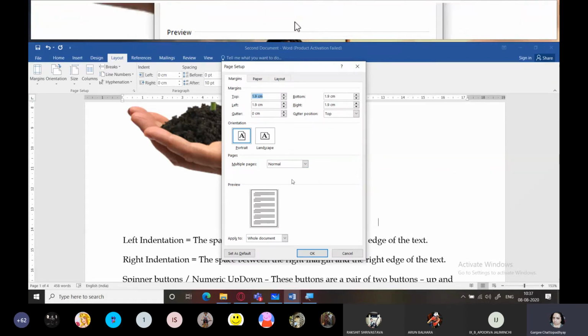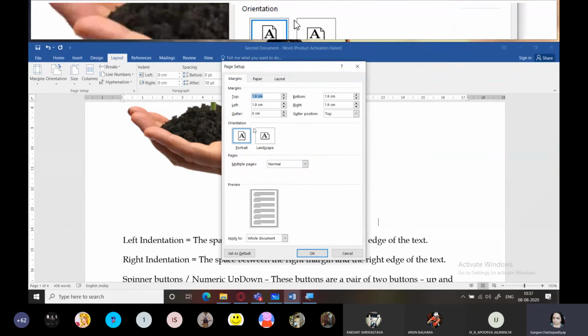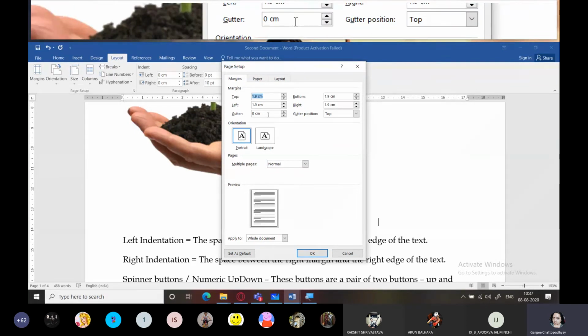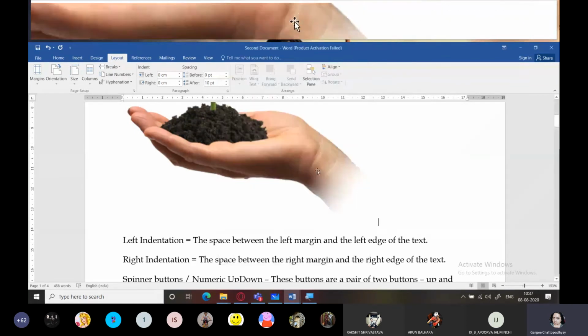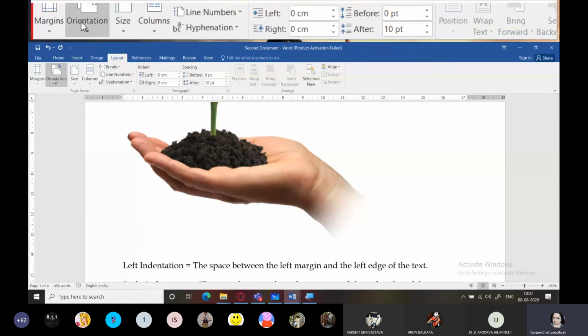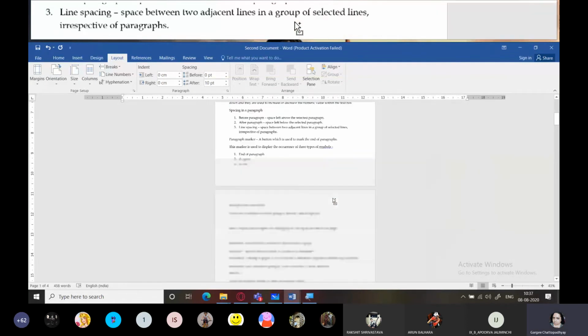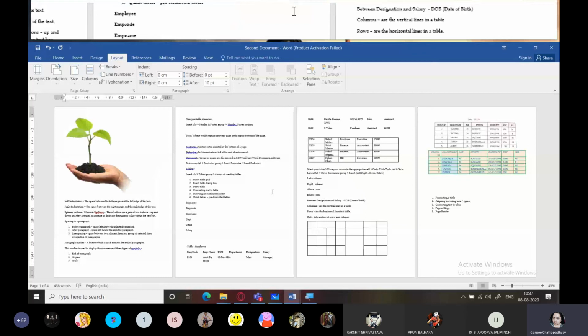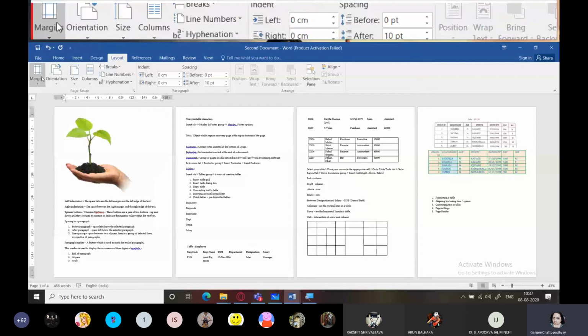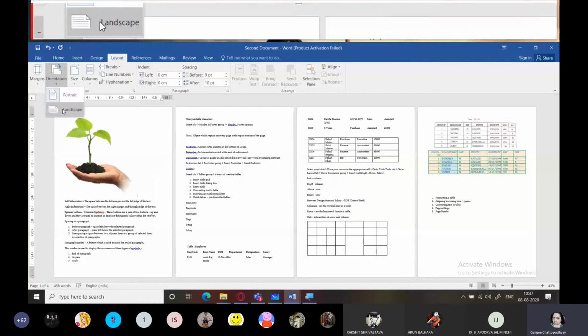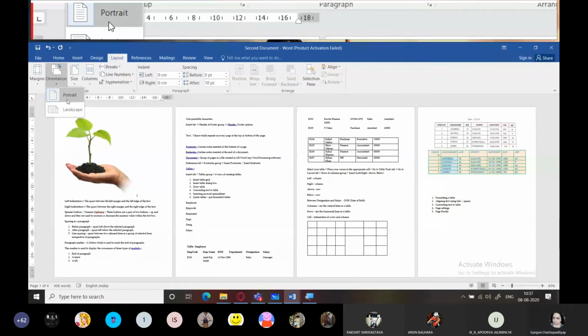But if you want to just print some pages and keep those pages with you, you can simply do without gutter margins also. Now we will be seeing the next one, that is orientation. Now I have reduced the magnification here. Right now the orientation is portrait. I will change it. Now it becomes landscape.